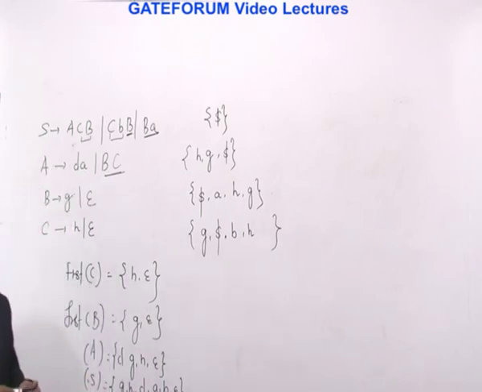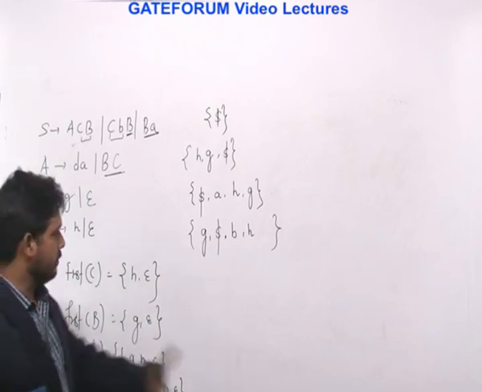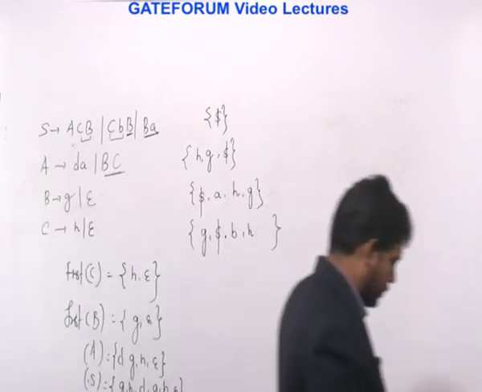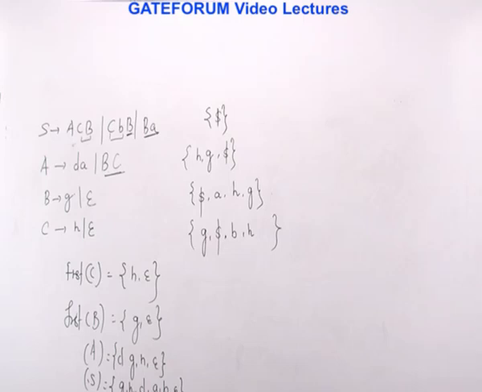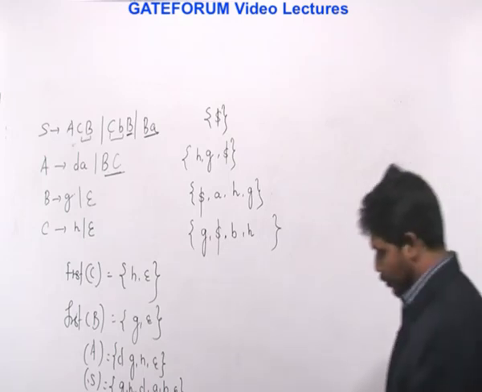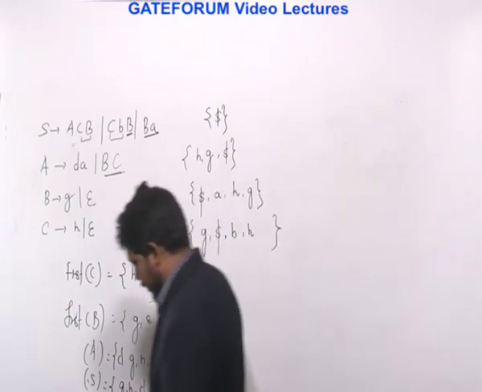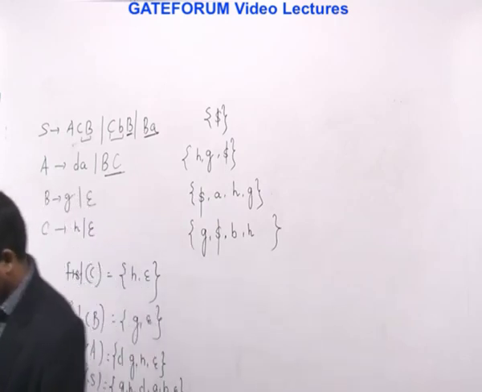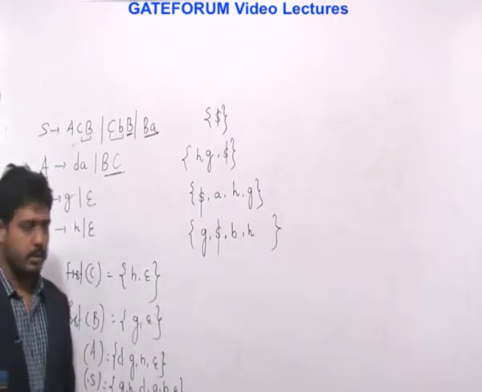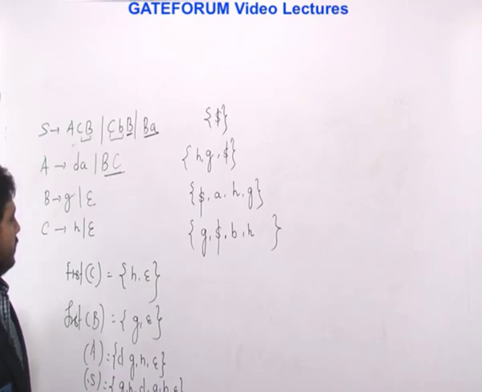So we'll stop here. We have done the first and follow set calculation. Okay, and now we are ready to move to the next part, that is top down parsing. And here in this case we'll be using this